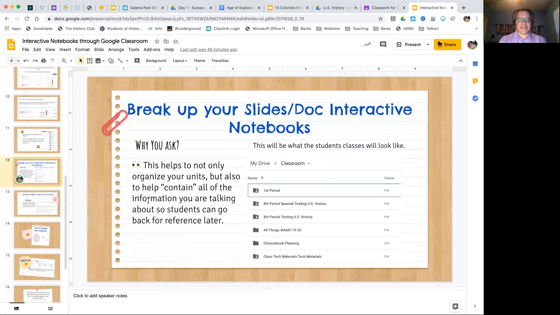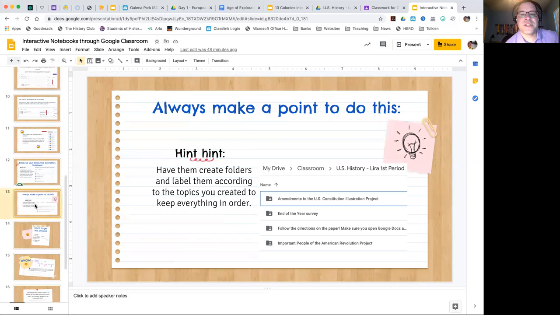They're going to see different folders in their classroom. They're going to see classroom, and then right here, Mr. Lyra's history class, science with Miss Pinksterhouse, and math with Mr. Garza. So they're going to see all their different classes in here. And you can tell them, click on my class. And then once you click on my class, here's what I want you to do next: create your folders